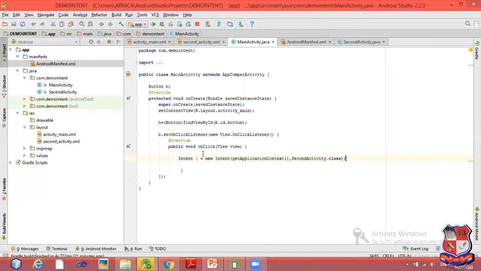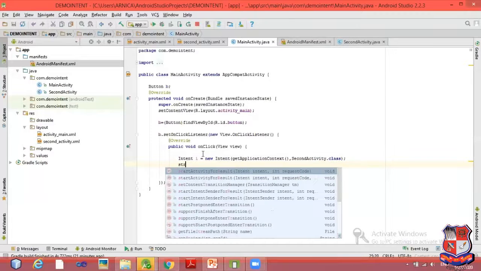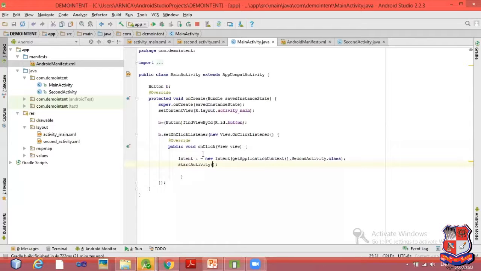As you all know, we are running all the Java files by the extension .class. After that, this line won't transfer your control from one activity to another. For that purpose, you need to write the startActivity method. startActivity contains the object of the intent. You can directly write this instead of this i.